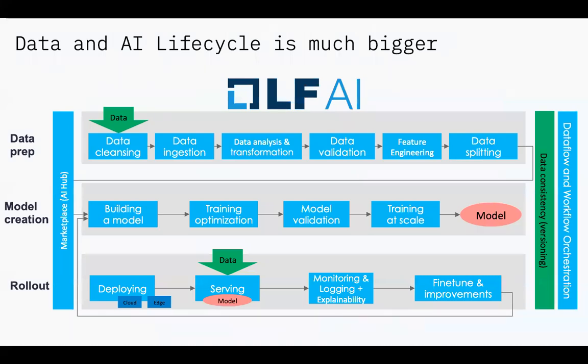But when we look at the overall data and AI lifecycle, definitely it's much bigger, right? It's starting from the data cleansing, data ingestion, data analysis, and transformation, which is a big part of the data lifecycle, which is where a lot of the data scientists spend their time. And after that, the model lifecycle begins, which essentially starts from creating a model, doing distributed training, doing hyperparameter optimization. Once you have your candidate models based on the different hyperparameters you have run, you want to validate them. Once you have validated, then you are